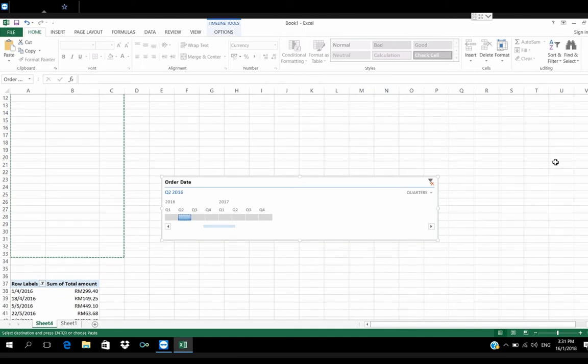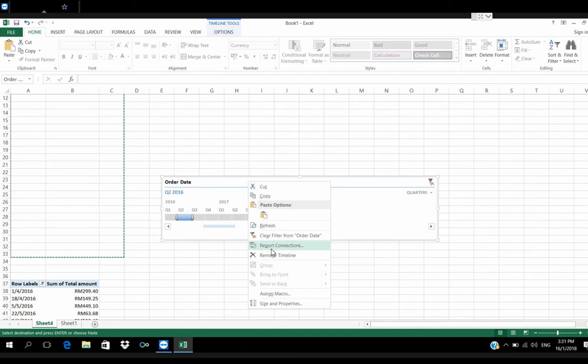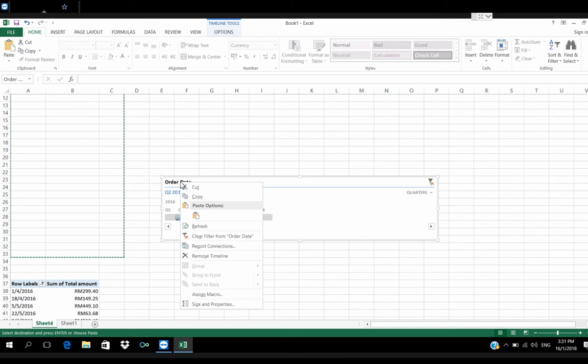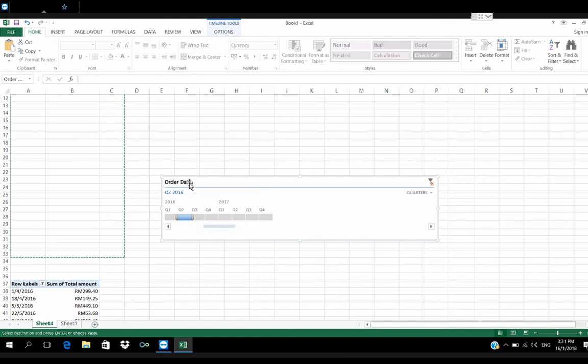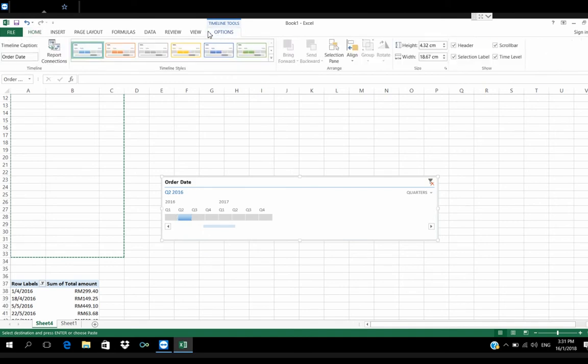Or you can right click the timeline slicer, go to the timeline tool option here and Report Connections.